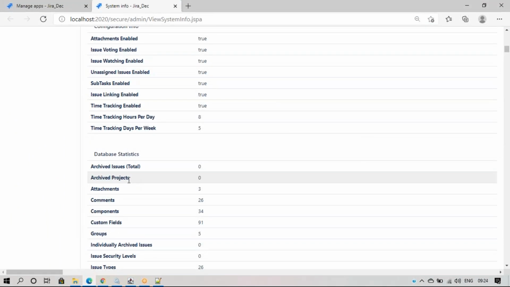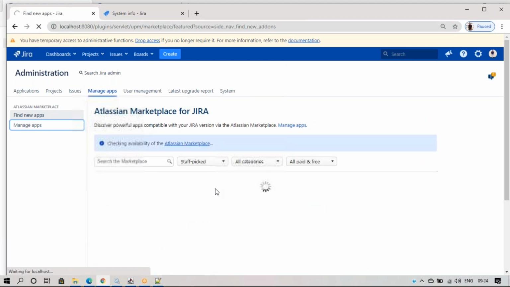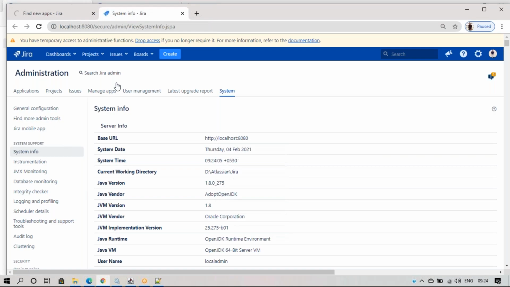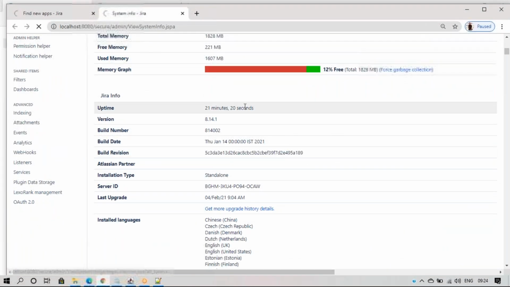But when I go to manage apps here, I don't have any add-ons. I have not installed any, and I have completely different data here.